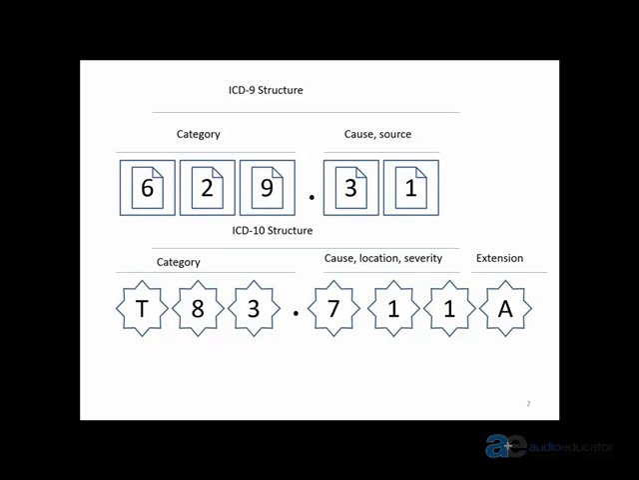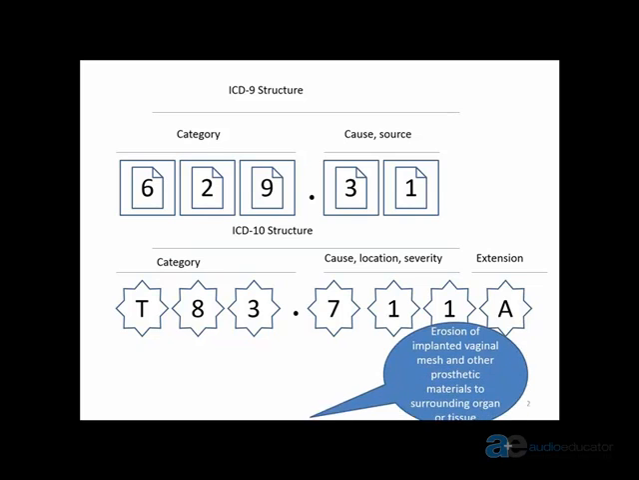And those represented cause and source. However, in I-10, we have cause, location, severity, and then we have a final 7th digit for an extension. So in the 2 examples that I'm giving you on the screen here on slide 2, the first code, 629.31